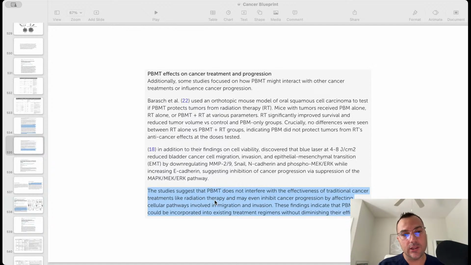But in this case, it looks like for at least red light therapy, it likely enhances and does not interfere with the standard of care. Okay. Now, the same is true for HBOT and IV vitamin C, as long as it's the right dose of vitamin C, and many other things. They tell people that. But my point is that if you've caught up with our work at all, okay, in terms of